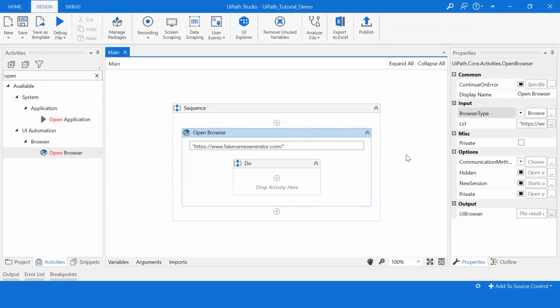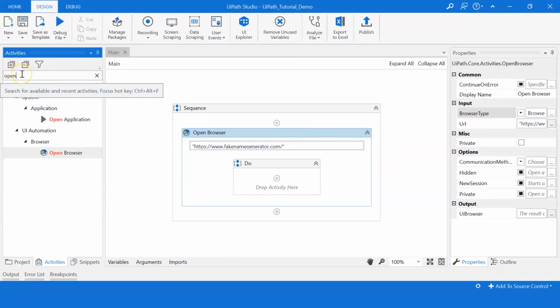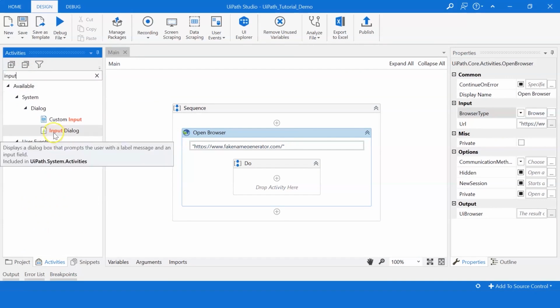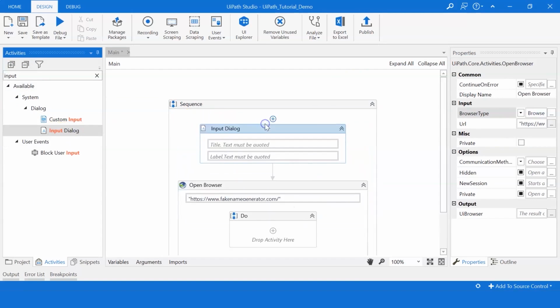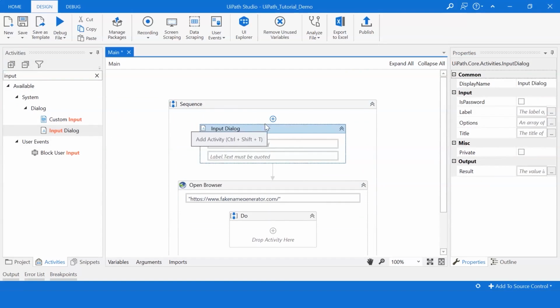The next step in the process is to tell the program how many records we want to fetch from the website. For this, we will create an input dialog box. So under activities, I'll search for input. So here you get the input dialog box. I'll drag and drop it on the top. Now it is asking us to give the details.